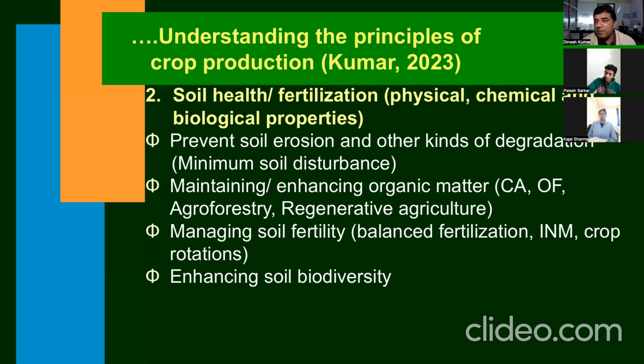Suppose if you add more and more zinc to the soil, or if you add more and more phosphorus to the soil, they will affect availability of each other adversely. If your soils have more phosphorus, they will reduce the availability of zinc. If your soils have a greater amount of zinc, it will adversely affect the availability of phosphorus. So if we make an imbalance of nutrients in soil, the balanced supply of the nutrients